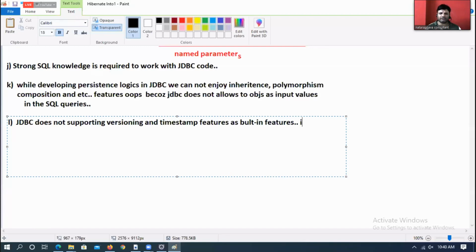That means we need to write lots of lines of code to implement those features. Sir, what are those features, sir? Why are they so important?